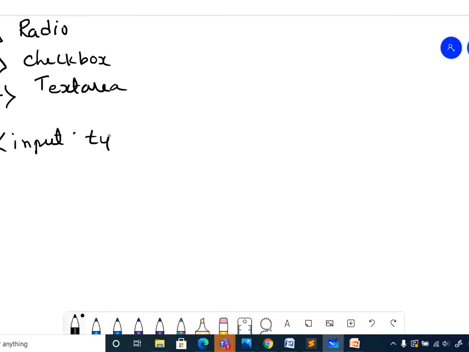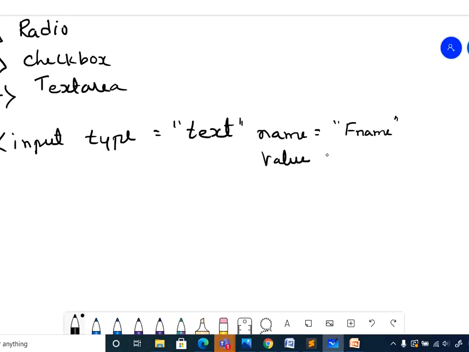Inputs, you have to give the space, then attributes, for example name. So name of the text, I will just give it as first name. We need these names when you are working with the server side script. And I have another value attribute, that is enter name. What this value is going to perform is it is going to display this information in the text box by default. If you don't want it, you can just keep this empty, or you can just avoid this attribute.